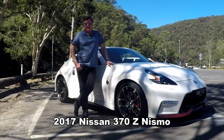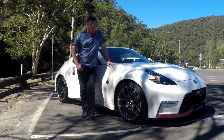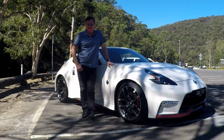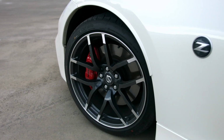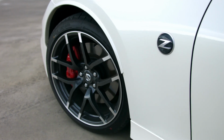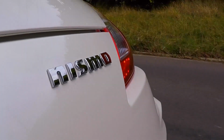The story starts for the Z series cars in 1969 with the 240Z. The then Datsun had a rally champion and people flocked to it in droves. Now, going on for 50 years later, the 370Z is the latest version. The base model was $75,000, which was absolutely ludicrous. Now it's a more reasonable $54,000, if you can call $54,000 reasonable, and this model, which is the Nismo tuned